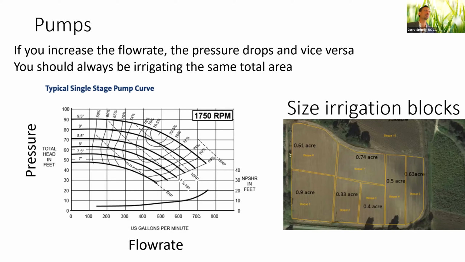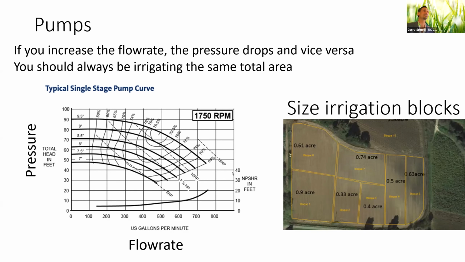And because of this principle, you will have pressure that is too high. And so you will have to install a pressure regulator there, that is a device that drops the pressure. And the same for this block that is 0.63. The point is that you cannot have the flexibility to irrigate today this block by itself, tomorrow these two blocks together. That's something that doesn't happen with normal pumps.